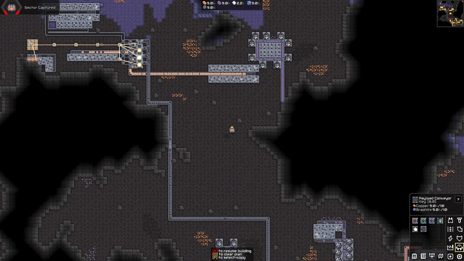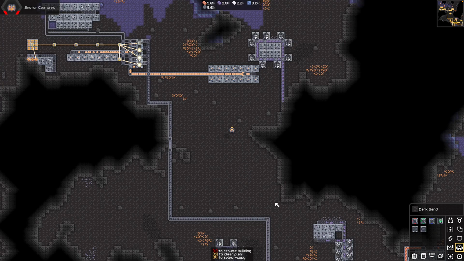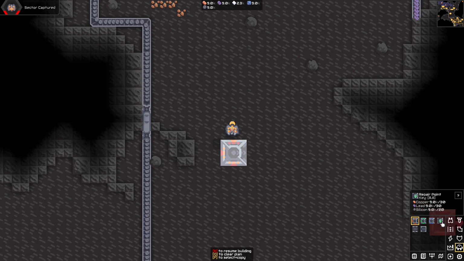Cool. And then we have some payload converters, or conveyors, excuse me, that can, oh wow, those are big. Well, let's go in here and we'll set up a ground factory. I'm assuming when I rotate my mouse here, that's pointing, okay, yeah. So let me just zoom in here real fast so we can get a little better look. And as I rotate my mouse, you can see that it has the little outputs for where the conveyor is going to be,